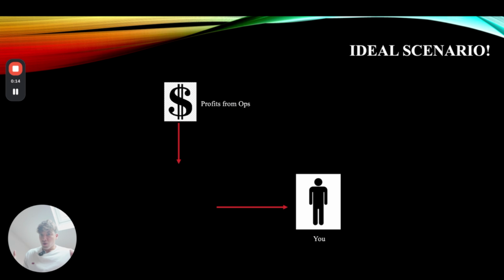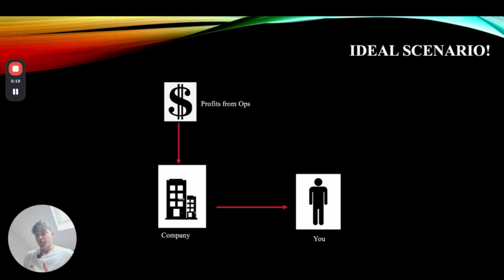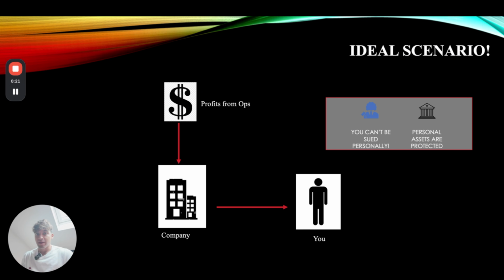So in an ideal world, before we go to these countries, you have a company through which you funnel your income because of the limitation of liability. If you have a company, then you can't be sued personally. Your personal assets are protected. That's the limitation of liability. And ideally, when we do get paid, we want this company to pay 0% tax. And then when we take out that money, we also want to pay 0% tax personally. That's the ideal goal. It's not always possible, but this is what we're trying to recreate, right?